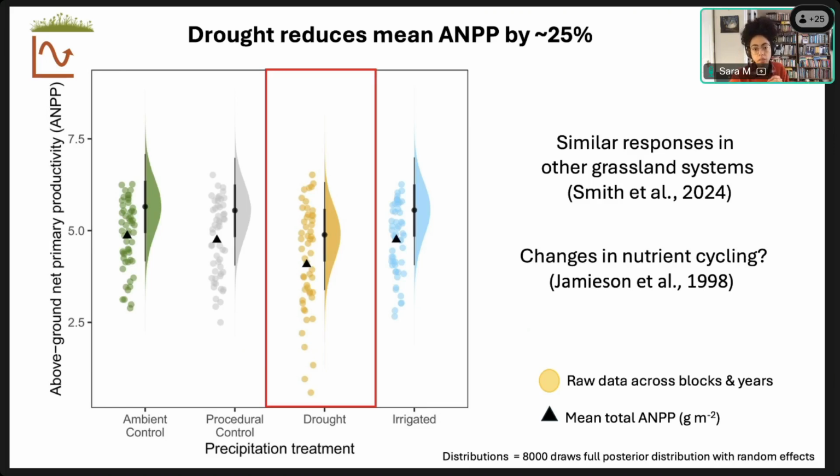It could potentially be linked to changes in nutrient cycling. There was a study done at the Upper Seeds experiment during the 90s, where they looked at soil nitrogen mineralization rates, and they saw that during the summertime, the drought inhibited nitrogen mineralization, but then it increased during the autumn and winter time. So there's seasonality to that. These microbial dynamics and decomposition then affect nutrient release and so forth. So it could be linked there.